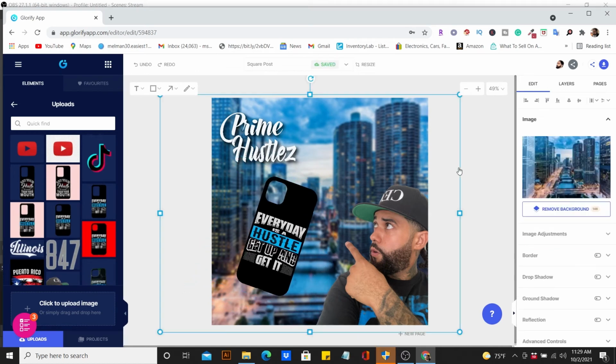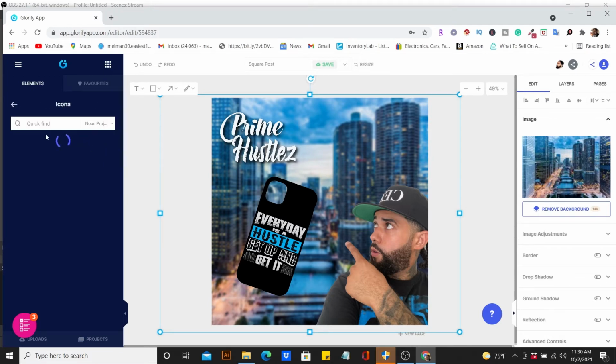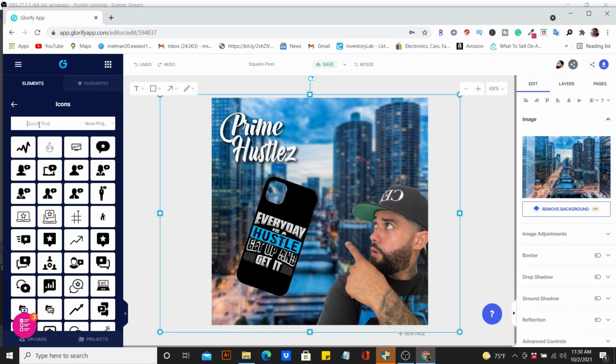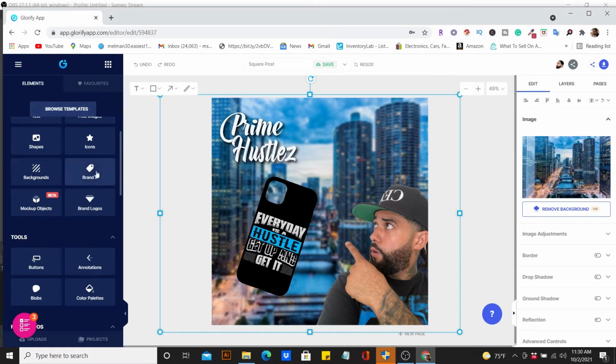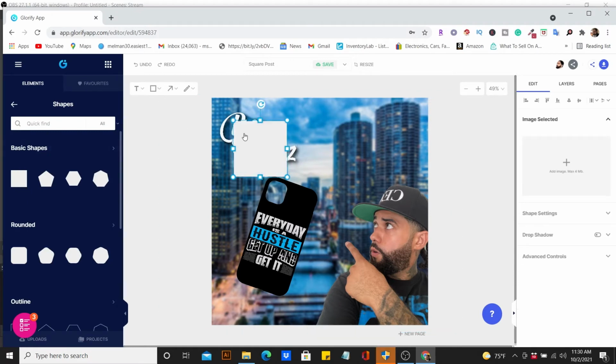Okay, and let's say, all right, well, I'm happy, but how about I just want to throw some text in there? Well, you guys can do that too. And literally, guys, all this stuff is easy to do. You have your brand logos here. You have icons, guys. You can literally just type in whatever, and you could locate an icon if you want. A bunch of elements. You could do shapes. Let's say I want to put this basic shape. And let's say I want to put it up on this top corner. I could literally just drag it like that